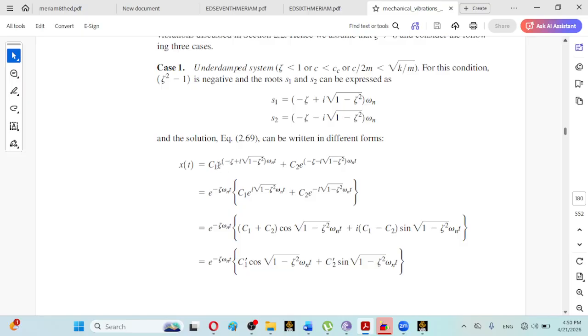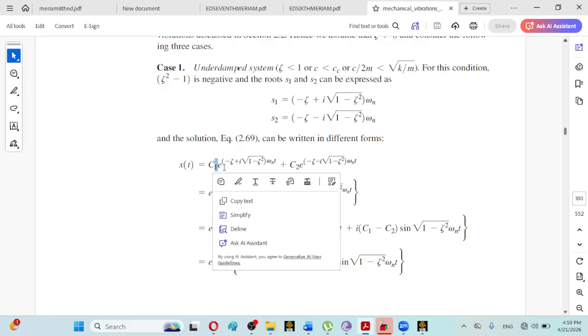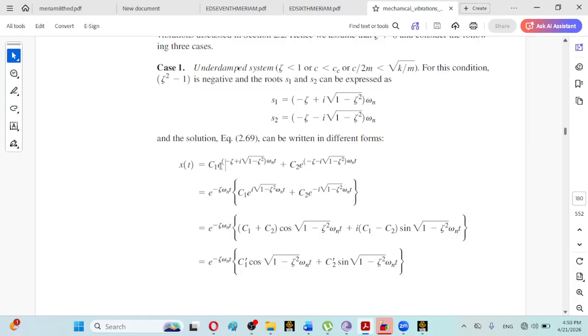How? This is C1, and as we can observe, the power of e is minus damping factor plus iota square root of 1 minus damping factor square into omega n, into t, and here we can write it as